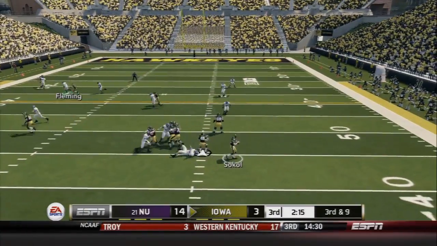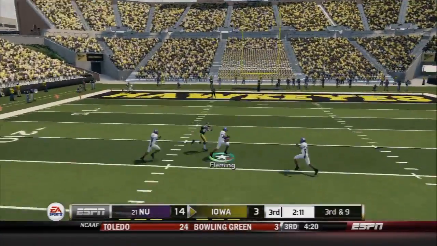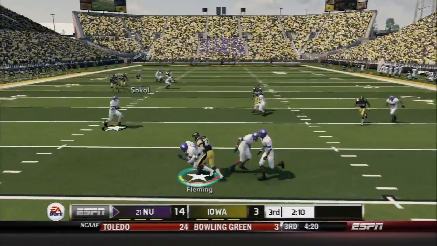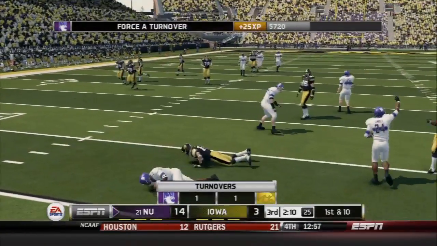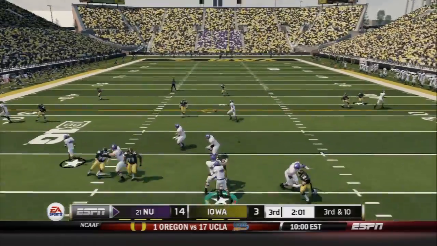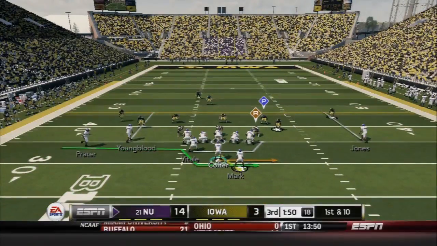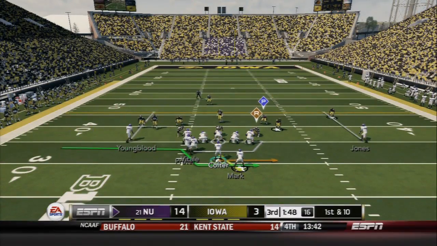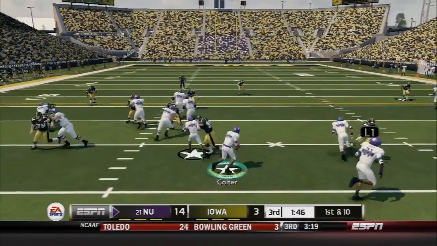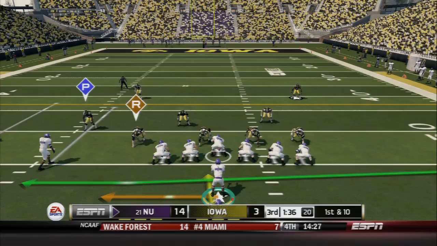But the top 3 teams in the country are the only undefeated teams left after this week, and that's going to be number 1 Virginia Tech, number 2 Ohio State, and number 3 Nebraska, who again I mentioned that we have next week, and I'm definitely looking forward to that game. We kind of have a chance to redeem ourselves after literally dropping the ball. Actually, no, because we didn't drop the ball. We threw the ball to the other team.